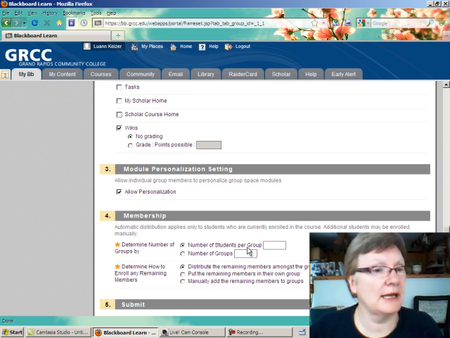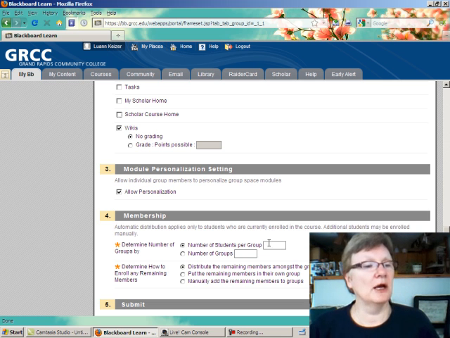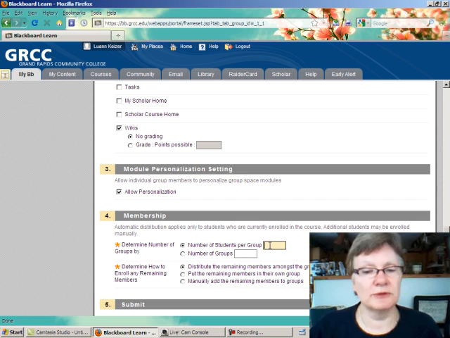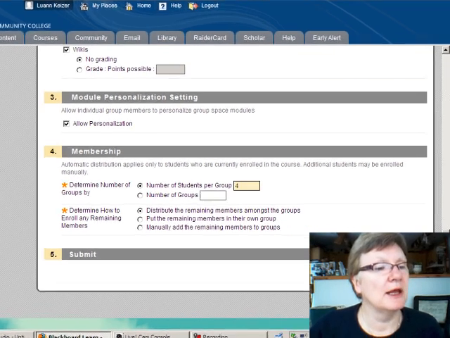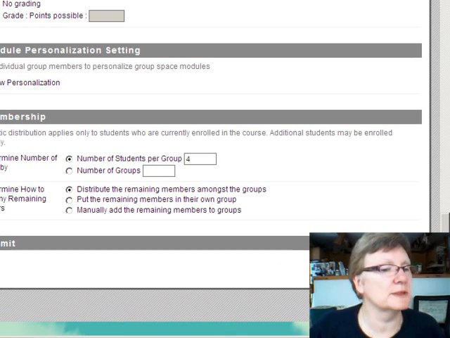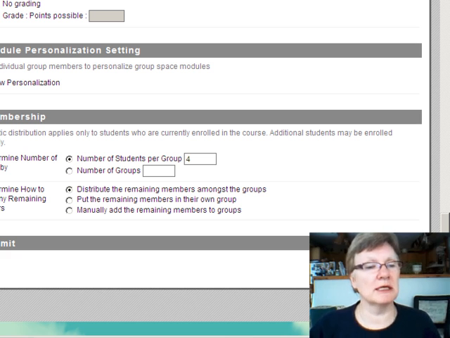All right, next I'm going to determine the number of students per group or the number of groups. I'm going to say that I want 4 students in each group, and I know that there are roughly 24 or 22 students in the class, so that will be a nice division. Then what do I do with the leftovers? I want them evenly distributed amongst the groups. I submit that,